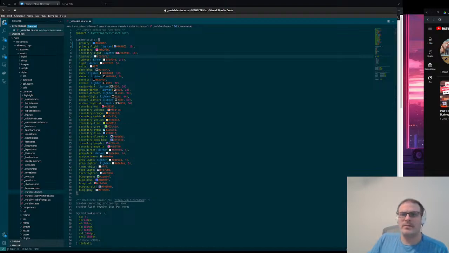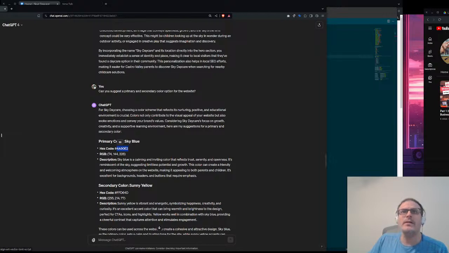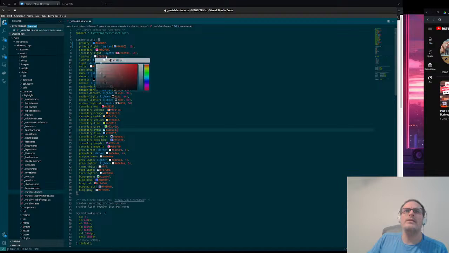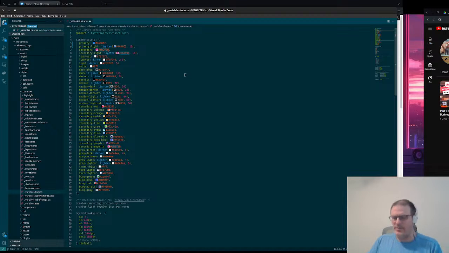And I have a secondary color suggestion as well, a sunny yellow. So let's go ahead and make that our secondary color. Instead of this red, it'll be a nice yellow. All right, so with those two colors updated,